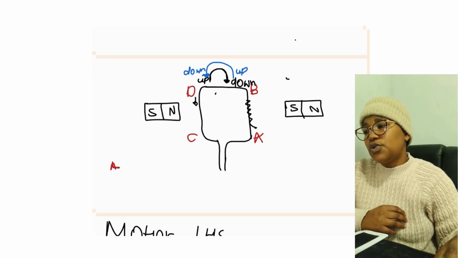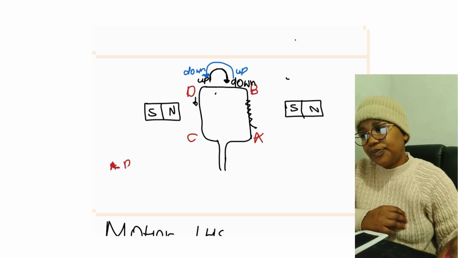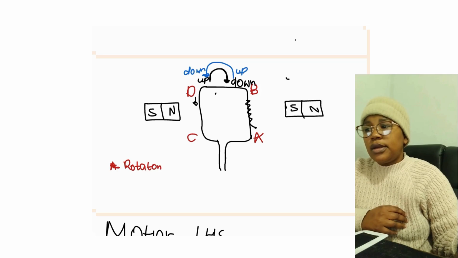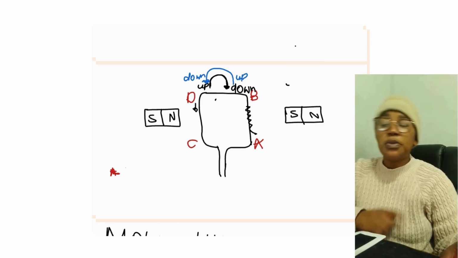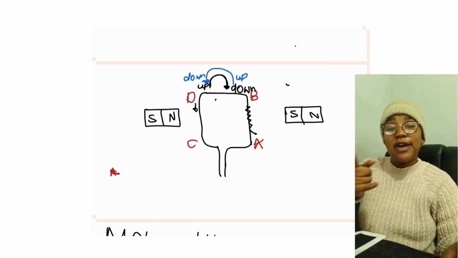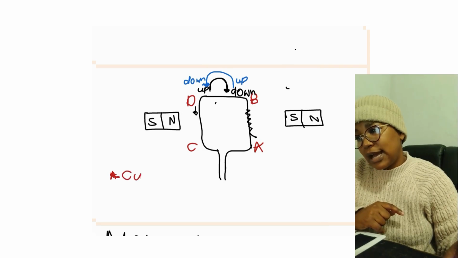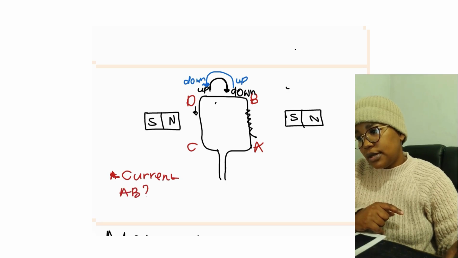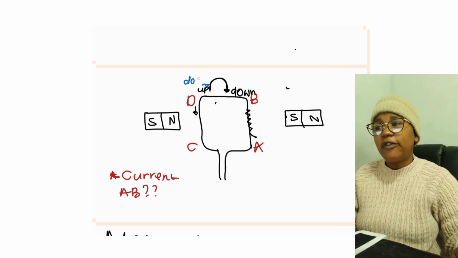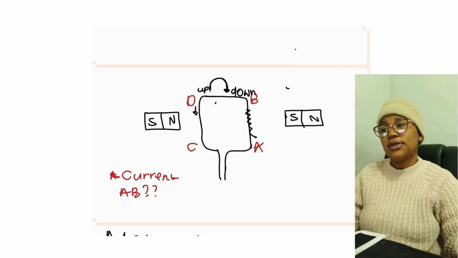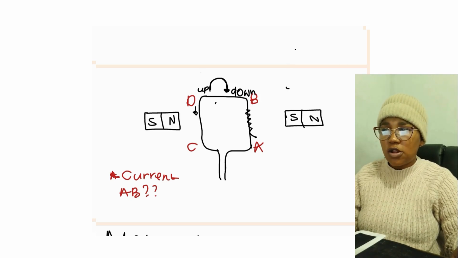And the first question, we want to know the direction of current, not rotation. Guys, we're looking at a generator, so we want to tell the direction of current. Let's say we want current on the side AB. The side AB is this side. They will provide the type of rotation. So if they say we have a clockwise rotation,